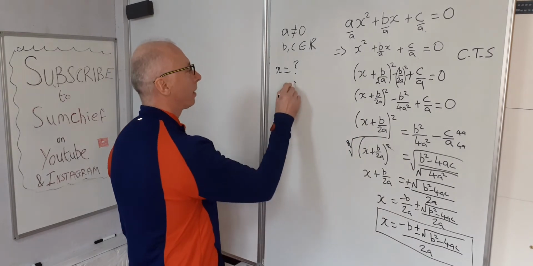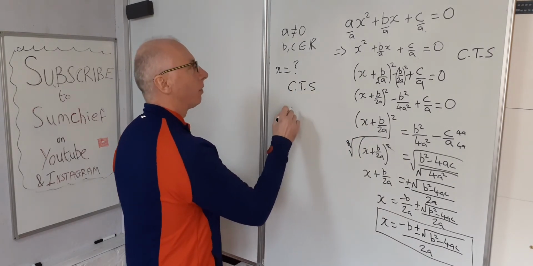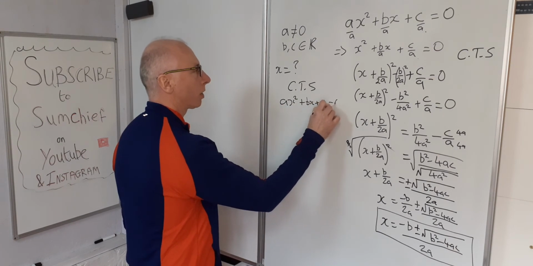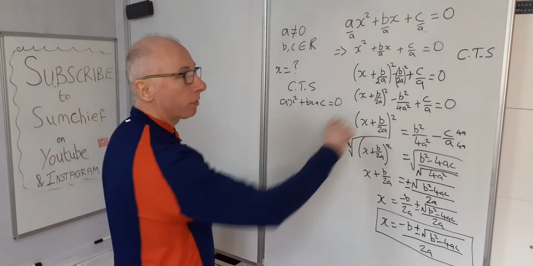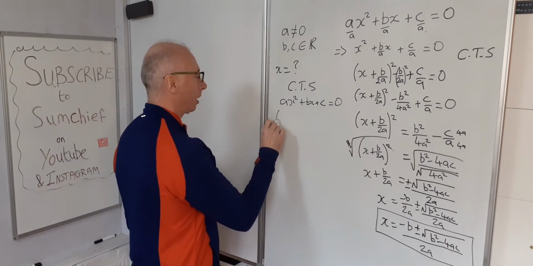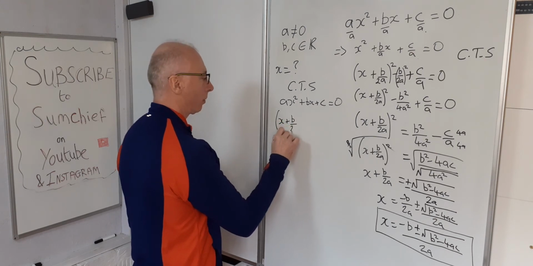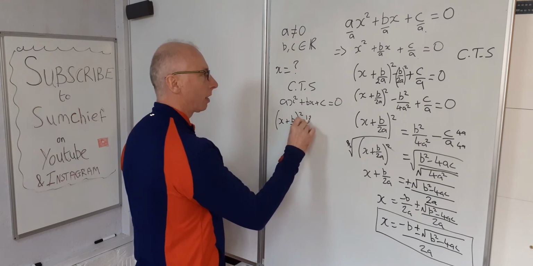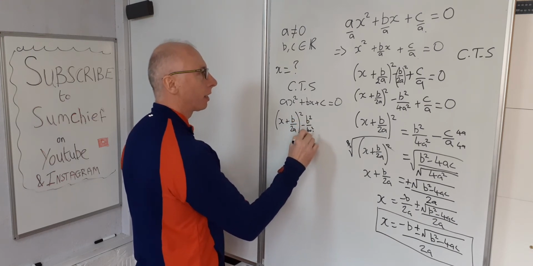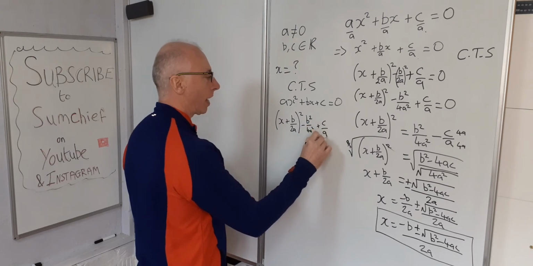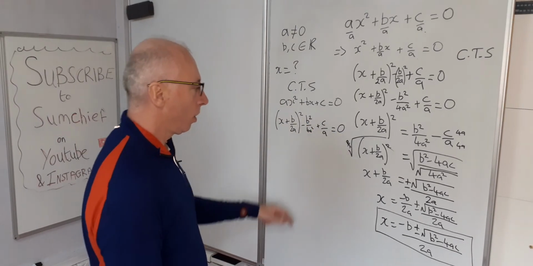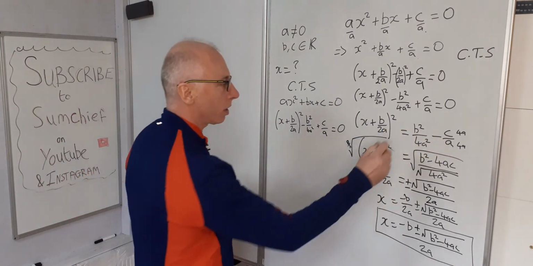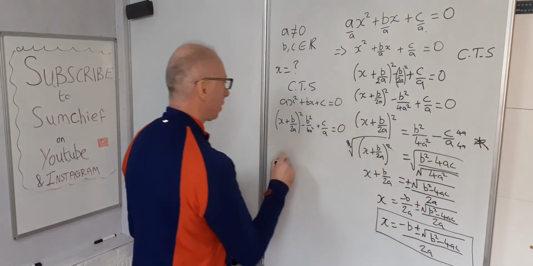So to complete the square for ax squared plus bx plus c equals 0, the general formula for completing the square is just going to be x plus b over 2a squared minus b squared over 4a squared plus c over a equals 0, which if we look further down here, we can go to here and use this part and basically simplify that up to